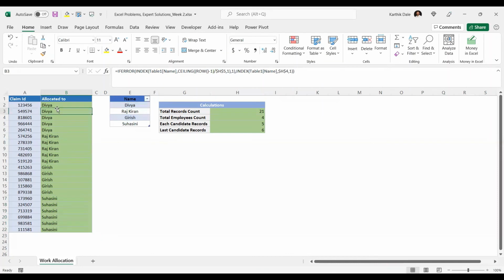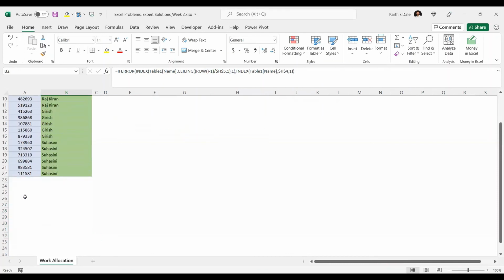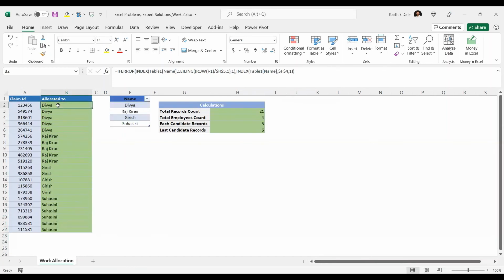So this is how you can allocate the data. Even if the number of records is in the thousands, no problem. Simply drag this formula down. But I don't want to drag it down manually. That also should be done dynamically. I don't want to drag that formula down. Write a simple VBA code: on button click, this macro will write the formula and drag it till the end of column B. If the records are up to 22, the formula needs to be dragged up to 22. If it is 2000, it should drag the formula up to 2000.